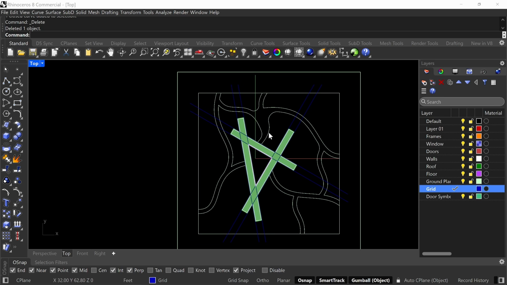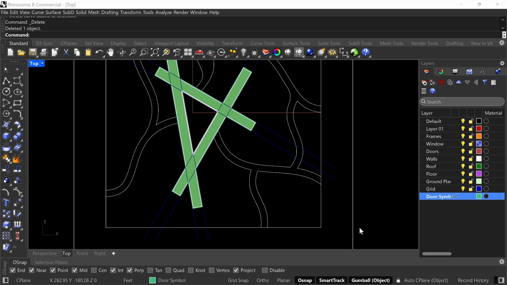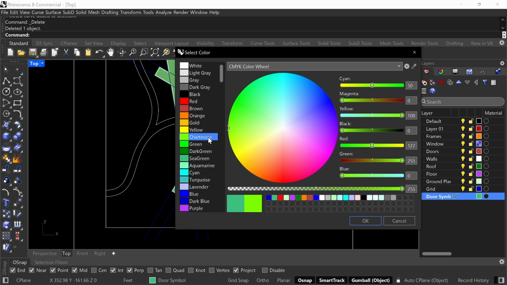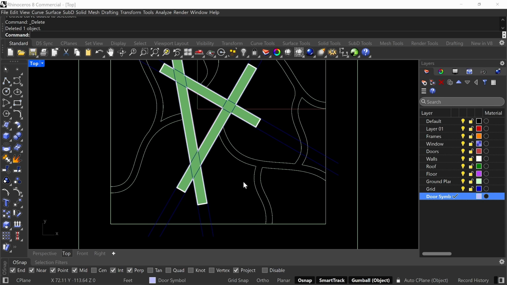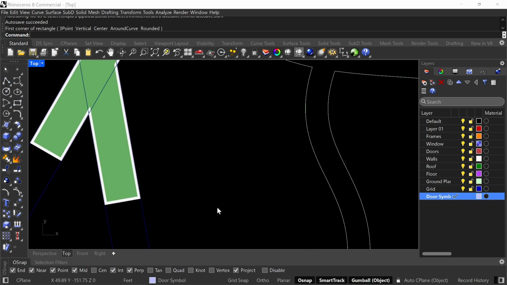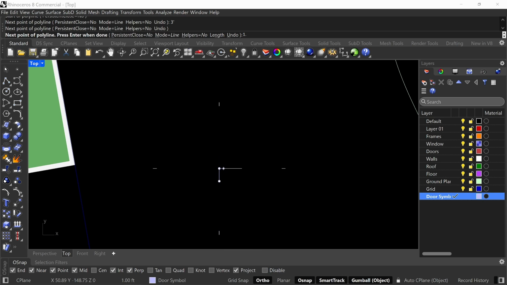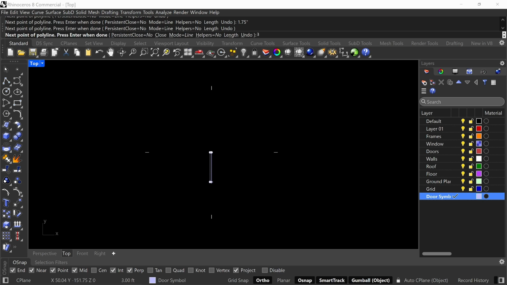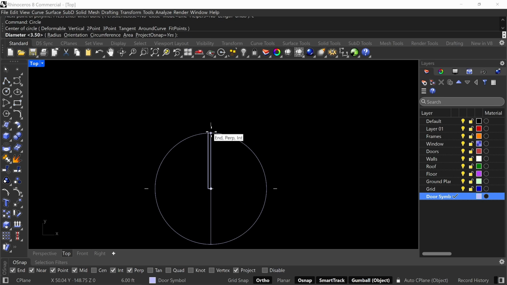And so you can go ahead here and add a door symbol. I just want to use a regular door symbol. So what we can do is, let me change the colors too, similar to the other colors. I can do a rectangle, right? And let me just do a polyline and I'll just make it 3 feet by 1.75 inches, right? By 3 feet, and then just close it. And let me just draw a circle from here to here,